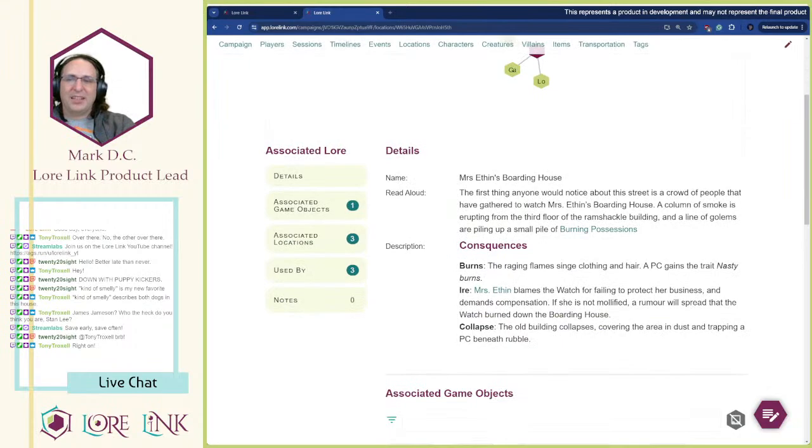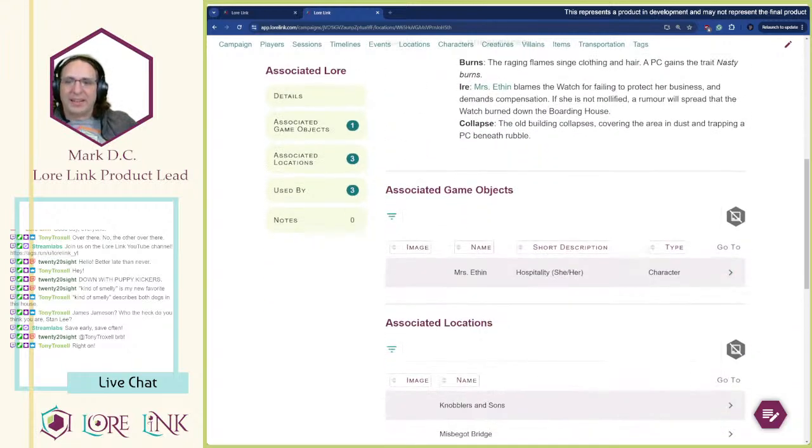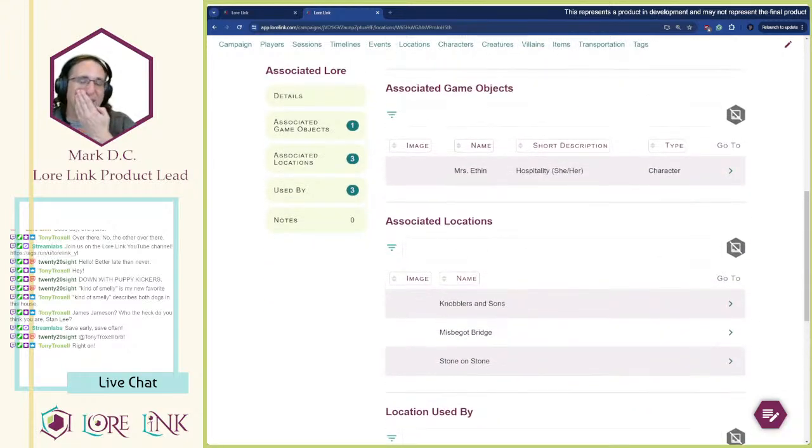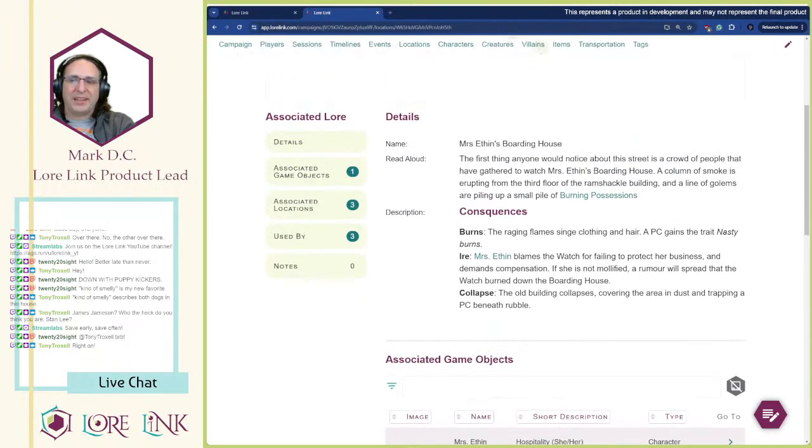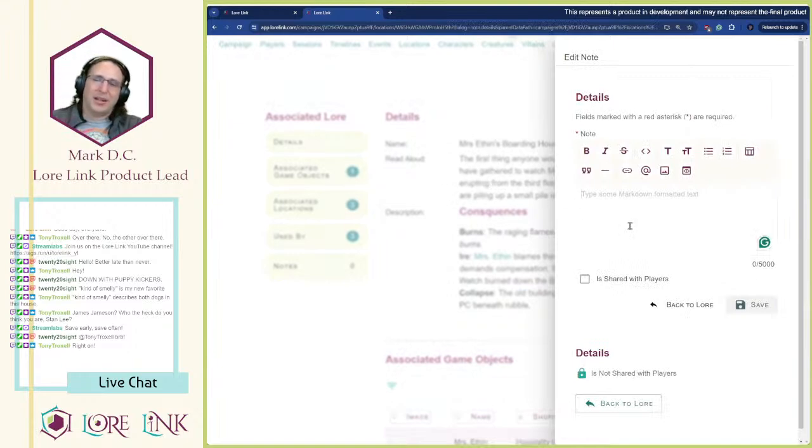And as a GM, having this available right in front of you is just going to be like, oh, okay, cool. I've got this ready to go. I've got the other areas. I've got more information if I need to track to it. And the best thing is, I've always got this note feature down here. So if I need to make a note of what these wacky players have done to the situation, the consequences they have piled up here, for example, one of the consequences is the building collapses, and so you might need to note, let's see,